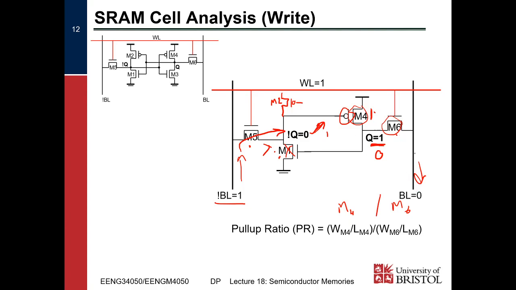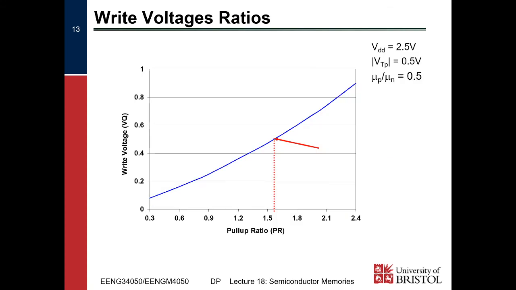So our bit line and our M6 will overpower M4, transition this 1 to a 0, and that writes to our cell. The pull-up ratio normally needs to be above about 1.5, or maybe 1.6,